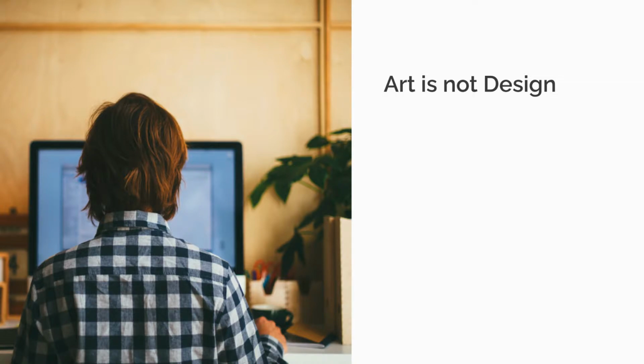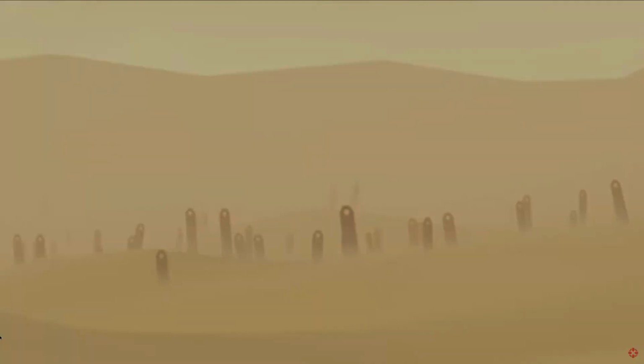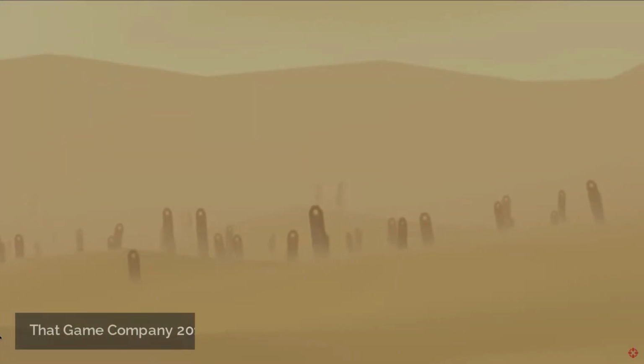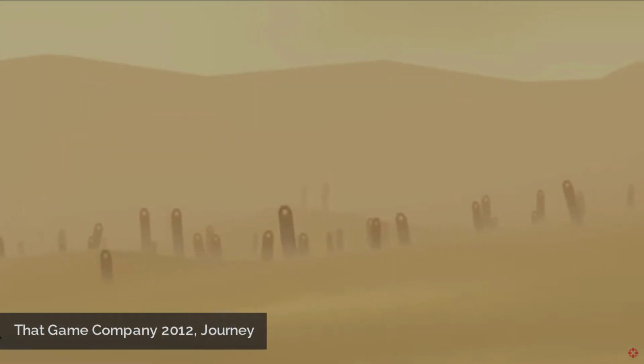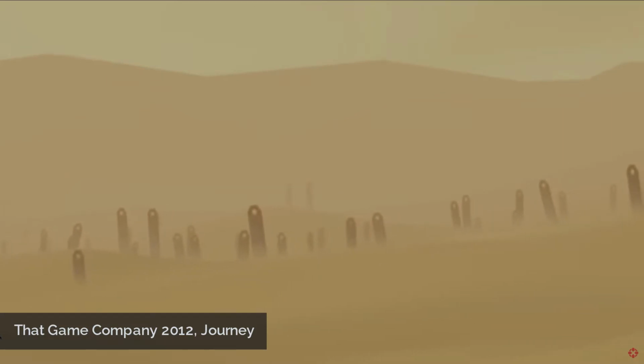Art is not the same as design, and any interactive game experience includes both. Game industry veteran Wright Bagwell recently pointed out that it is crucial for folks in the games industry to be able to distinguish the difference between art and design. Broadly put, art is a meaningful expression of an idea, feeling, or concept.